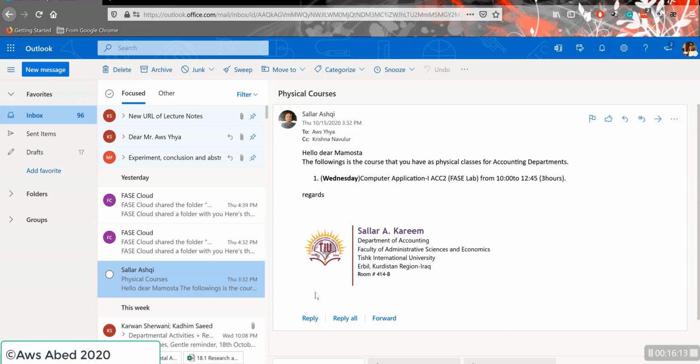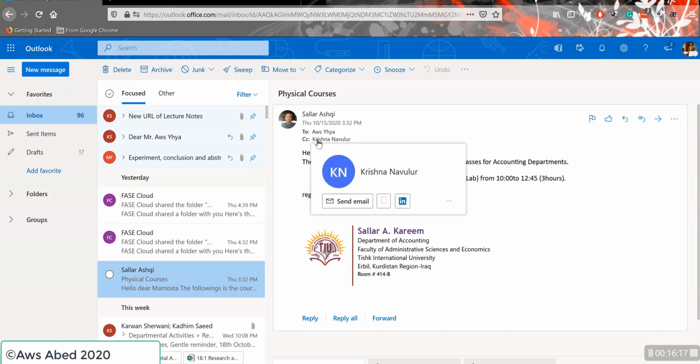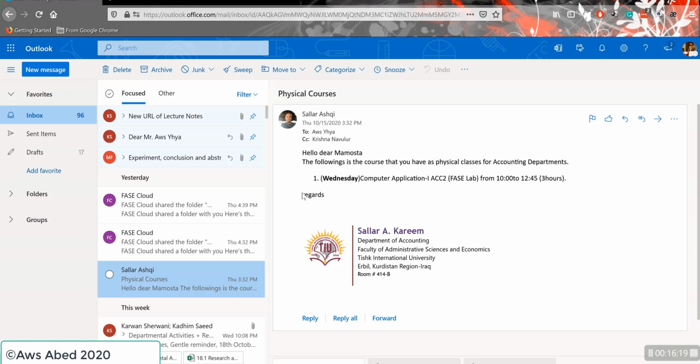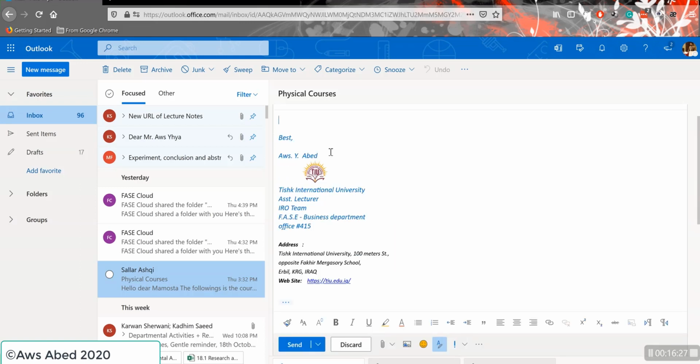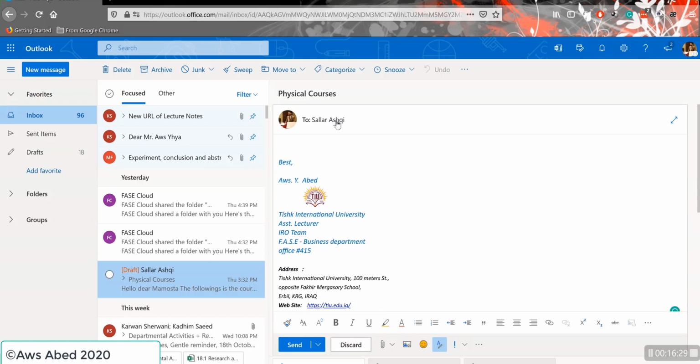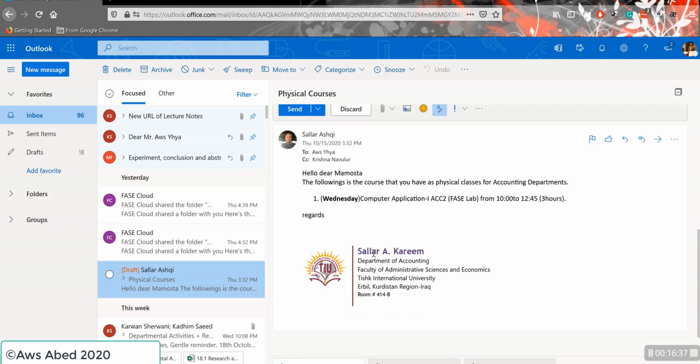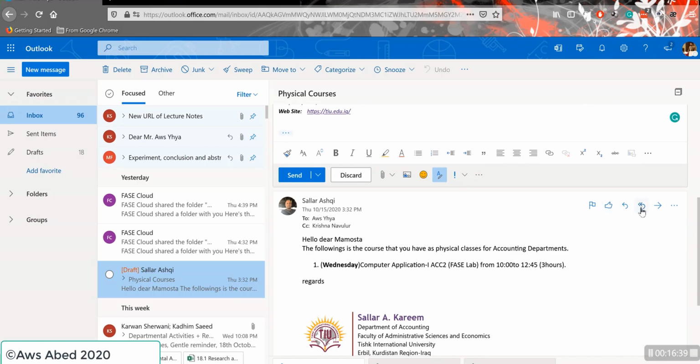So if we want to clarify things from Mr. Salar before we reply to the other person, Mr. Krishna, we need to reply to Mr. Salar privately by reply only. As you can see now, the To is Salar only. So we reply privately, then once we get the clarification, we can change it to reply all, which is this